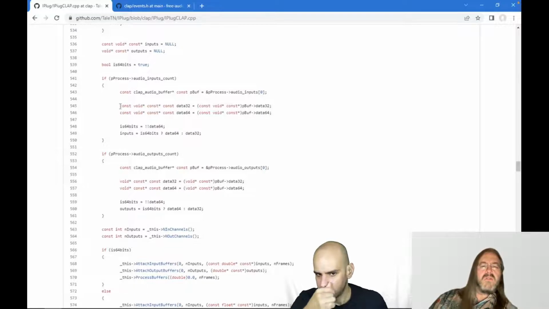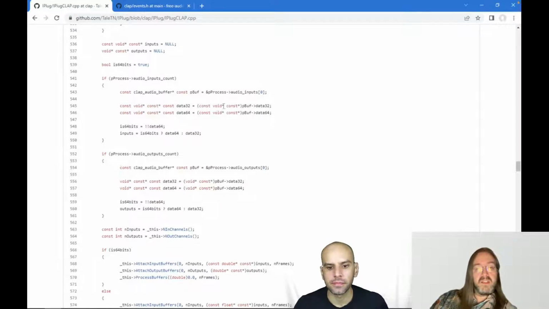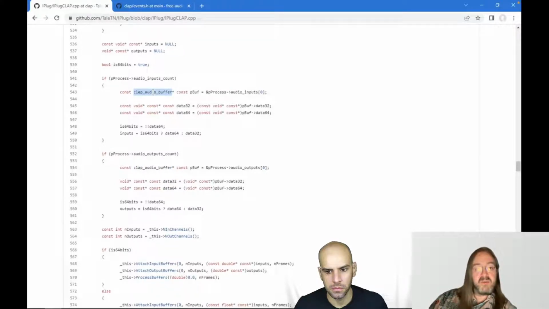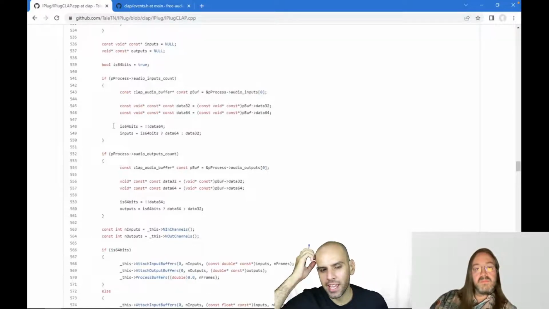Fair enough. For example, auto in this case would not make all these things constant, because the definition in CLAP is not constant. In CLAP, an audio buffer, you can even see that here, you see the type audio buffer. An input and an output audio buffer are the same type. So CLAP doesn't know that an input buffer should be constant and an output buffer should not be. So there would be subtle differences if I used auto here. But anyway.